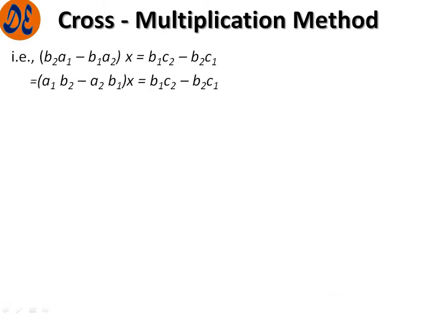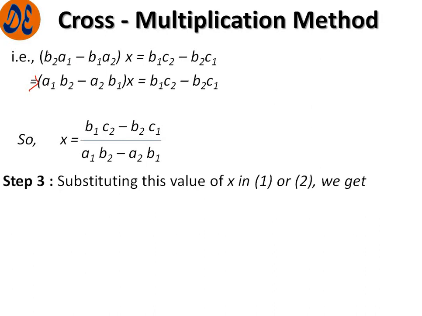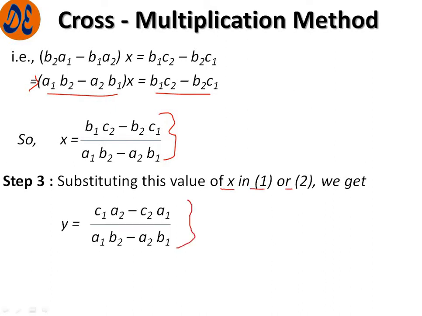Now if we find the value of x, what will we get? This one divided by this one, so we get the value of x. Similarly, substituting the value of x in 1 or 2, we can get y equal to this one, so that way also we can get it. Another thing we can do: as we eliminated y from the equations, we can eliminate x from the equations above and obtain y there. That will also be an easy step. So this way we have shown how both formulas are obtained.